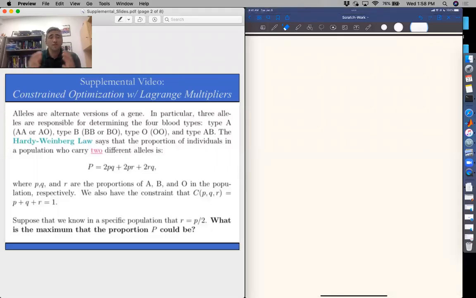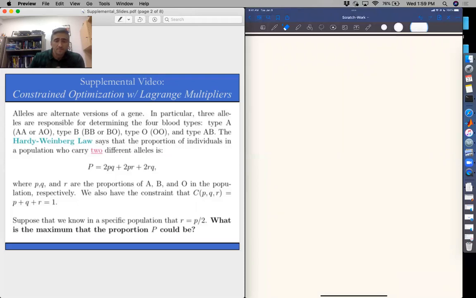In this example of constrained optimization, we're still going to be using pen and paper techniques. So we're going to be using Lagrange multipliers, and we're going to apply this approach to an example coming from math biology involving alleles, which are alternate versions of genes. Now, the long and the short of it, there's 3 different alleles that are responsible for 4 different types of blood. And there's a law called the Hardy-Weinberg Law that suggests the proportion of individuals in a population who carry